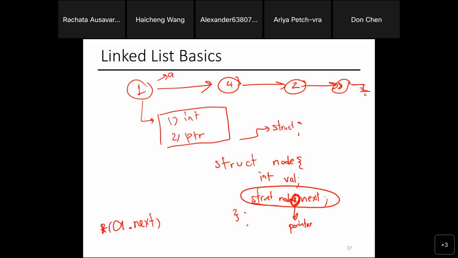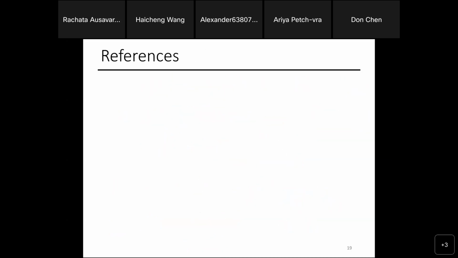The easier thing to do in C is this: A, then this thing that looks like an arrow, the minus sign with the greater than sign. It is a short form that C allows you to use. You can do A arrow next, and it knows to go to the next item. All right, so that's how you can implement the linked list.